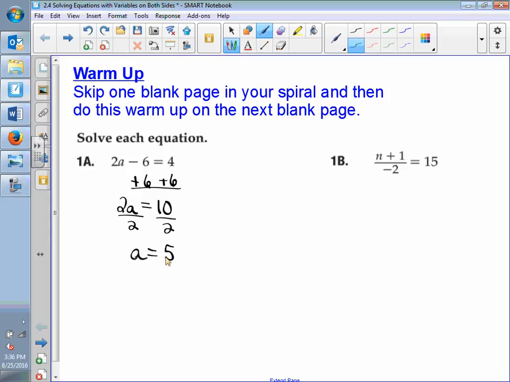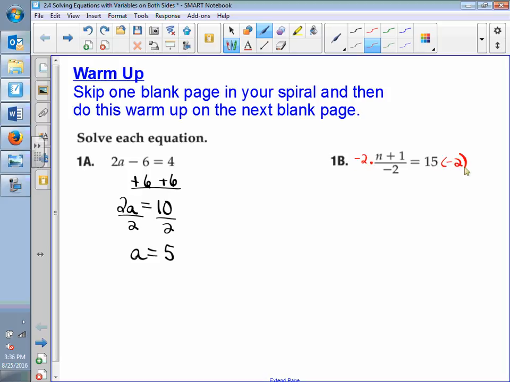If this says n plus 1 divided by negative 2, how do I get rid of the negative 2? Let me read this again. This says n plus 1 divided by negative 2. You're going to multiply. Very good, because the inverse of division is multiplication, right? So we're going to multiply times negative 2